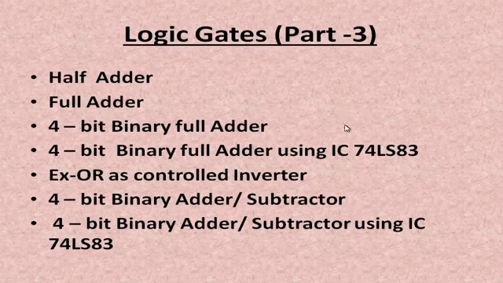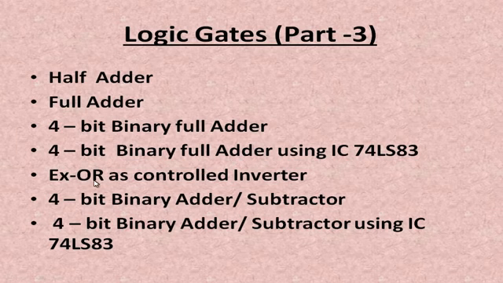Therefore it is possible with the 4-bit binary full adder. It consists of a combination of a half adder and some full adders. All these blocks of the 4-bit binary adder are fabricated on a single IC chip. The name of the IC is IC 74LS83, and we can use only this single IC chip instead of all these different blocks which we have used in the previous topic. So we can use this single IC for 4-bit binary full adder, subtraction and addition.